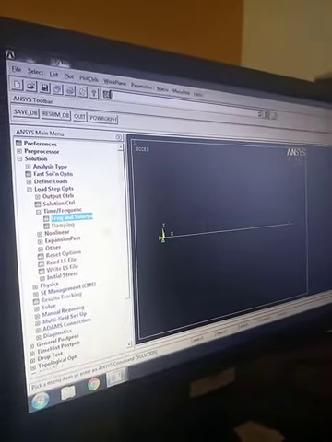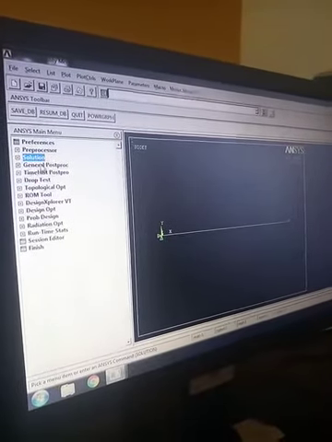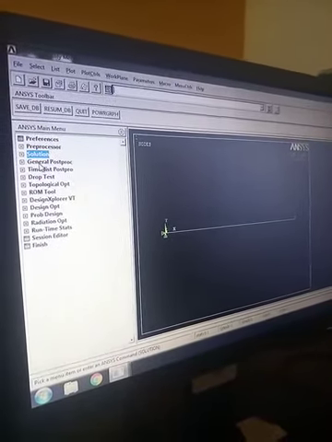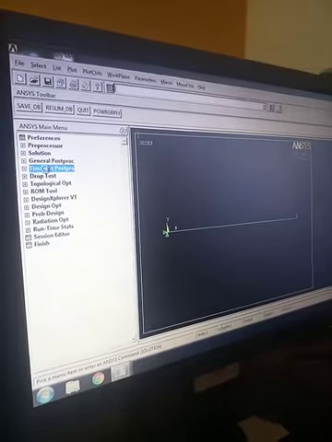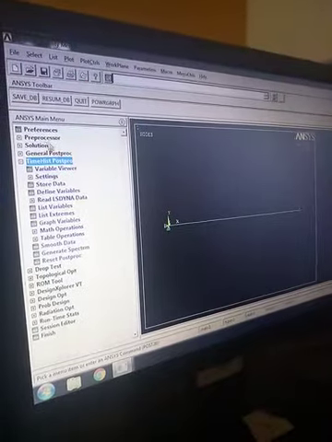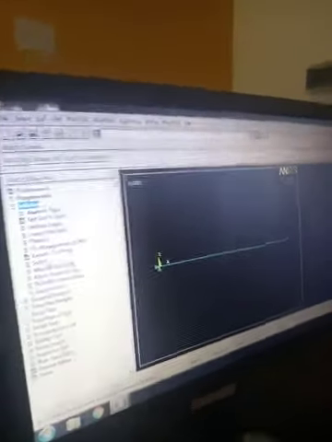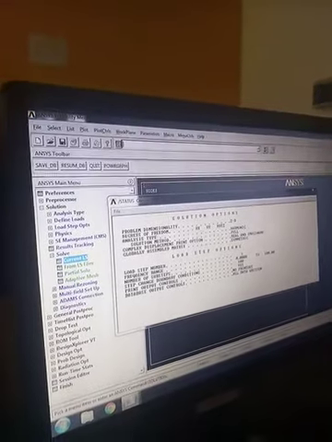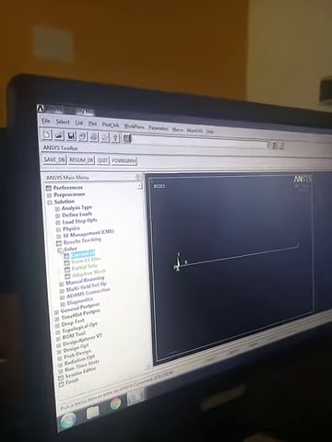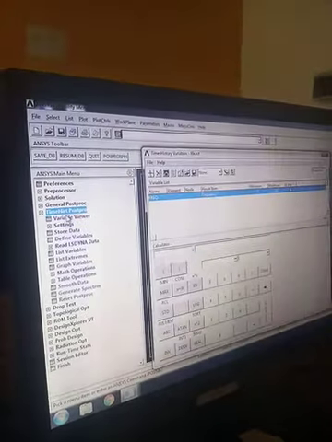Then after that I will go for not the General Postprocessor. In the previous problem we selected the General Postprocessor. Now we will select the Time History Postprocessor. Before going to the Time History Postprocessor, you have to solve the equation. Solve, Current LS, okay.